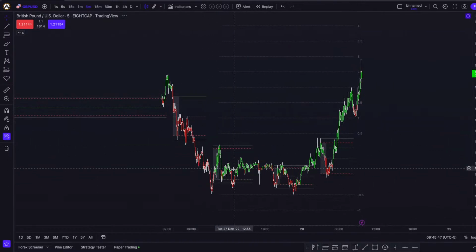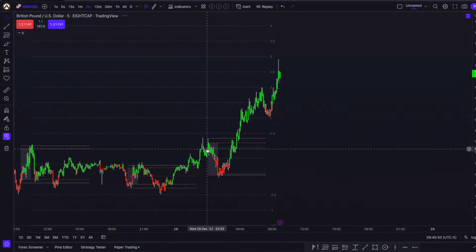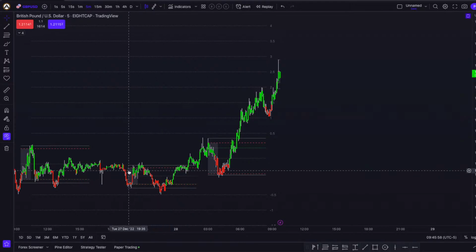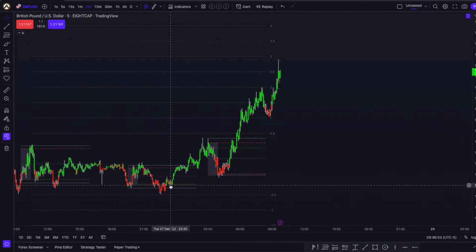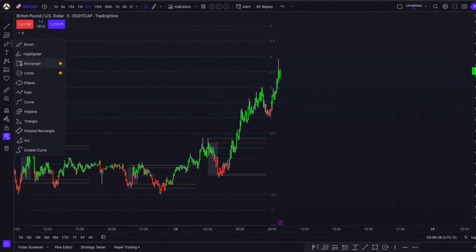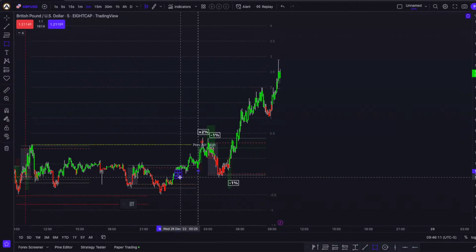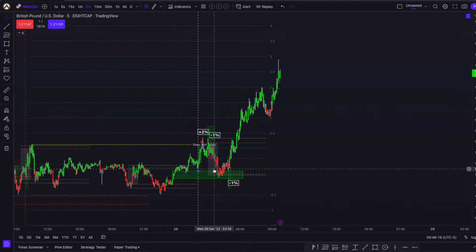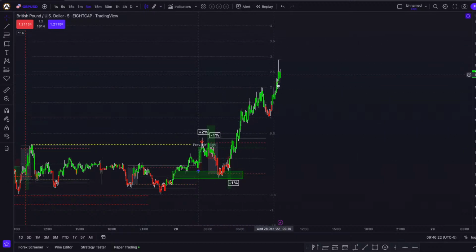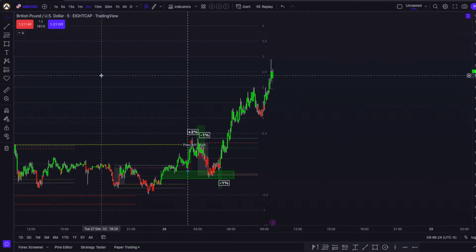Beautiful accumulation pattern right here, with a pullback during our overnight range back into those fair value gaps that have been created during our overnight range from Tuesday, December 27th, 7:30 p.m. until 8:30 p.m., where we left behind those fair value gaps right here that have been retested and refilled. Can also quickly draw it up from here to here. Now we see all those messy trades. Pullback, forming our DR IDR low, continuation or basically extension further to the upside. So now we have to wait and see what's going to happen